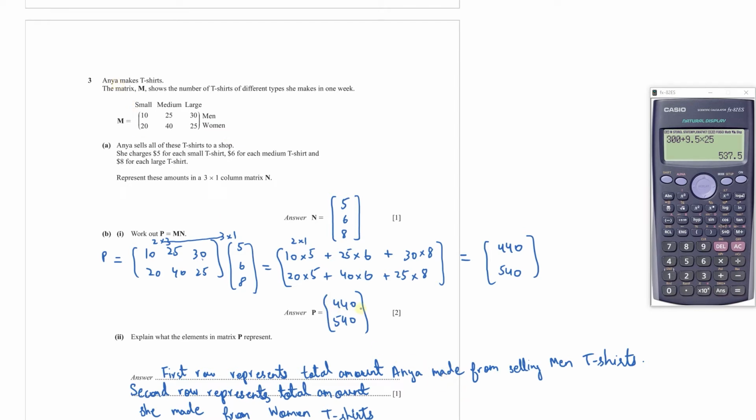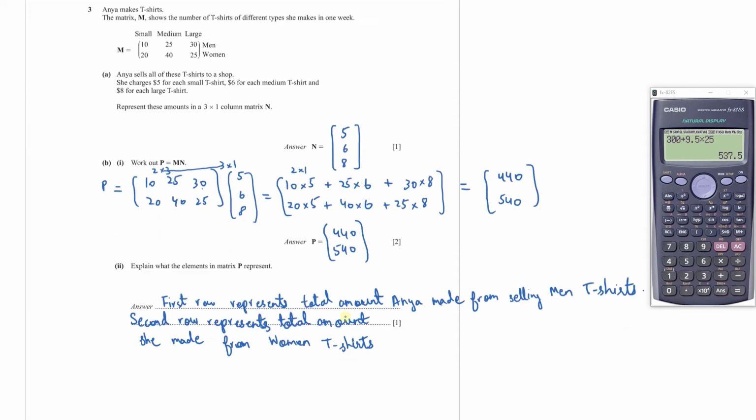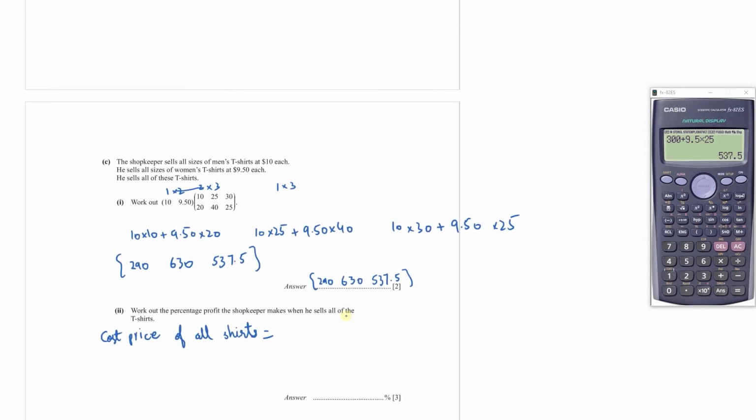So she sold the men's shirts for 440 and women's shirts for 540. So the total cost price for the shopkeeper is 440 plus 540, so 440 plus 540 is 980, and sale price of all shirts